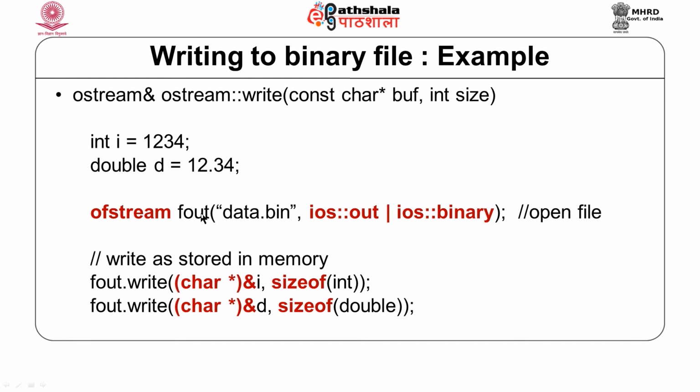So, the address of i is converted to character type, and then how many bytes are to be written. For that, we can use sizeof to determine the size of the object. So, sizeof int. In the same way, we have written the double